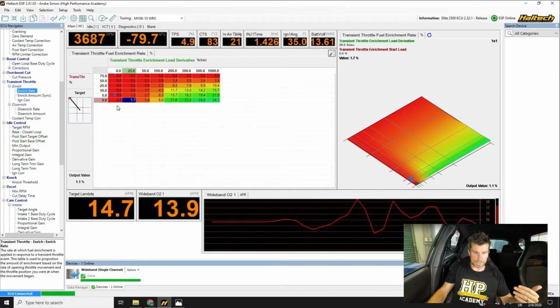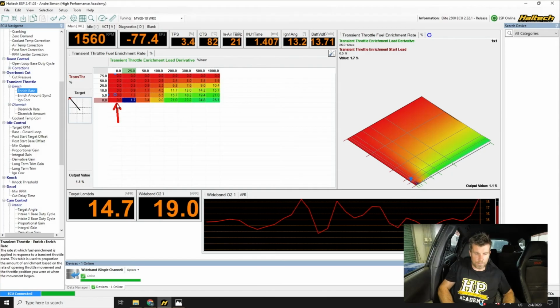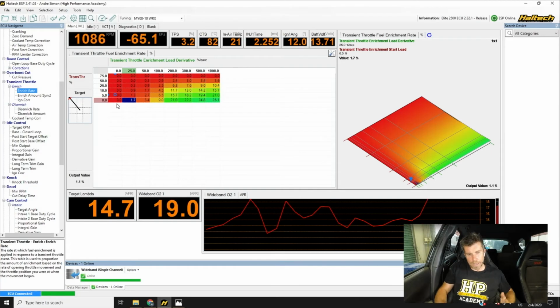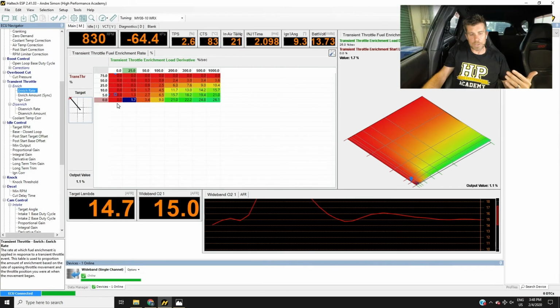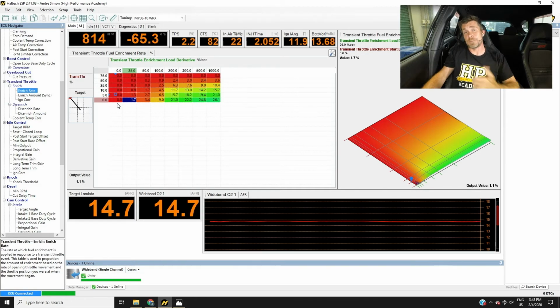Got a little bit of latency in that. We moved up through that table just a little bit there, and what that allows us to do, essentially, we're going to need more transient fueling when we are at a closed throttle. So if we mash the throttle to the floor from closed throttle, we're going to need to add more fuel than if we were already at 70 or 80% throttle and we just smash the throttle the rest